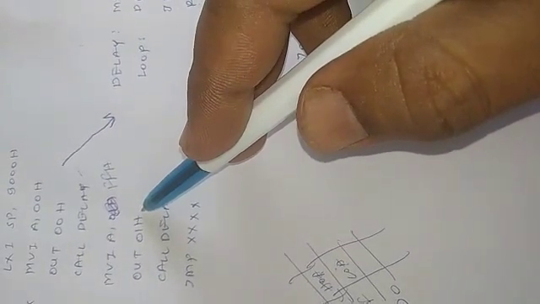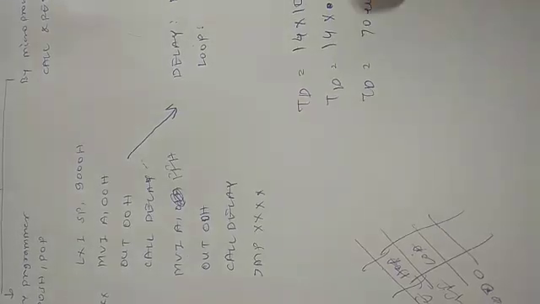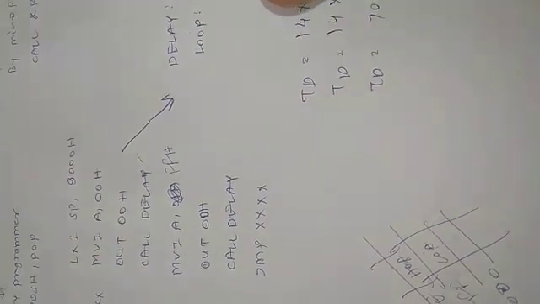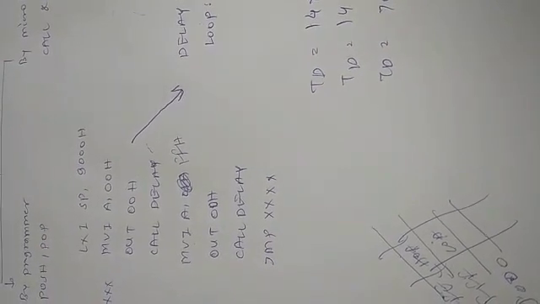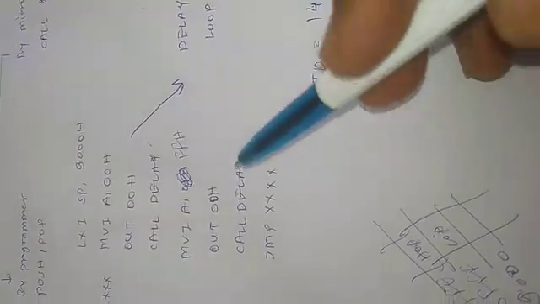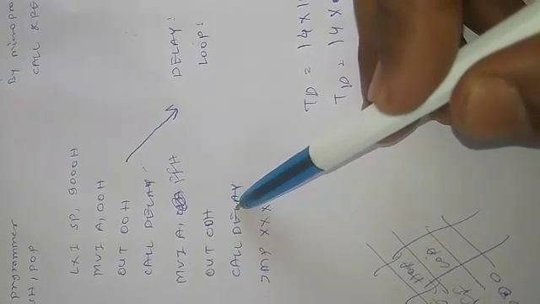All ones will be driven to this port: OUT 00H will be given to this port address, where we have connected 8 LEDs. So all the 8 LEDs will turn on. Now we have to keep these LEDs on for the same amount of delay for which all the LEDs were off. So we are calling delay again over here with the help of the instruction CALL DELAY, so that program control can be diverted from the main program to the delay subroutine.